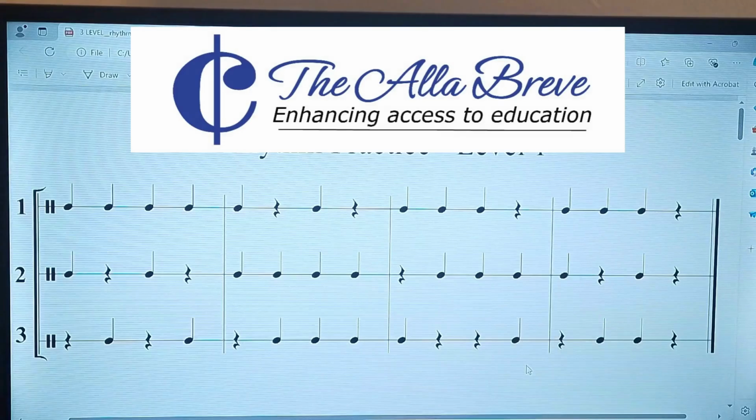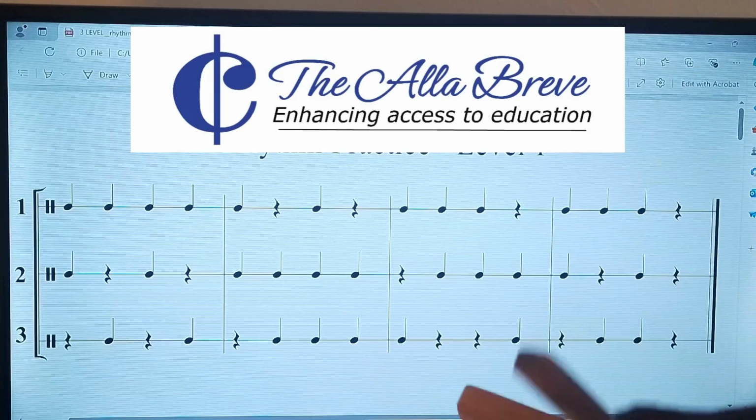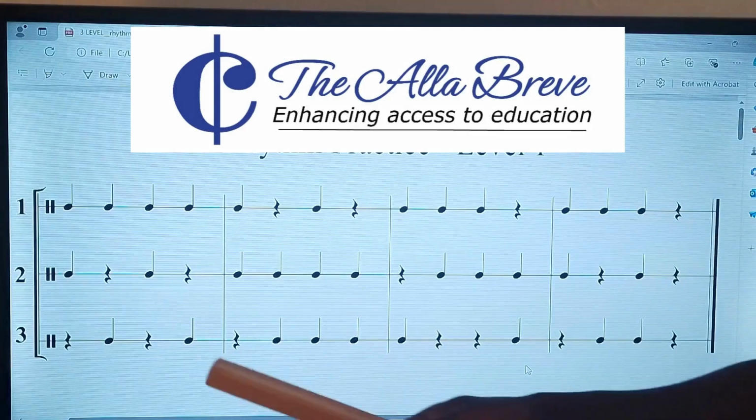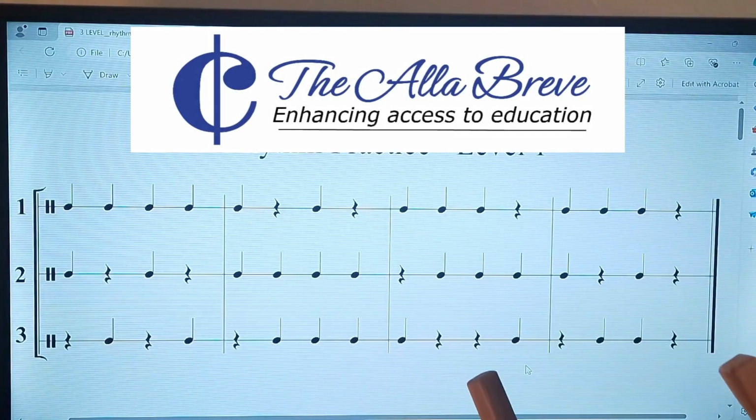That's the first line. Second line, that's the second line. Silence is observed at the rests. Third line, we start it with a rest. So,